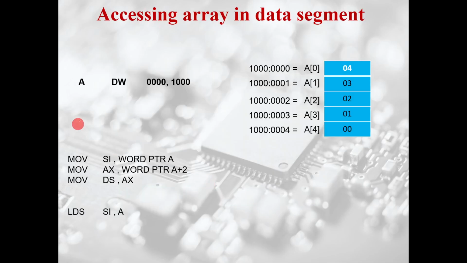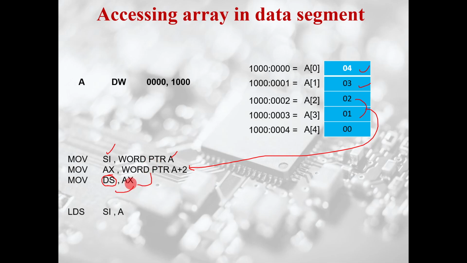Okay, so this is another example. Now SI, right? Suppose this is one instruction, MOV SI, WORD PTR A. A is not the register A, A means this address. When I write this instruction, into the SI register these two data will first be brought, and then I write MOV AX. Because into DS I can't get data directly, these two data I first have to bring into AX,